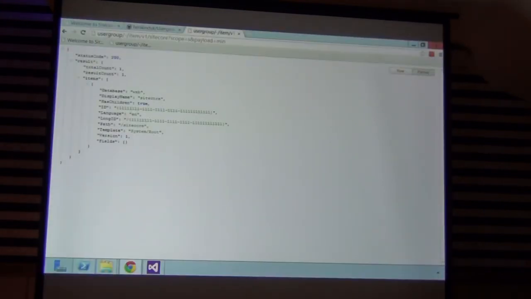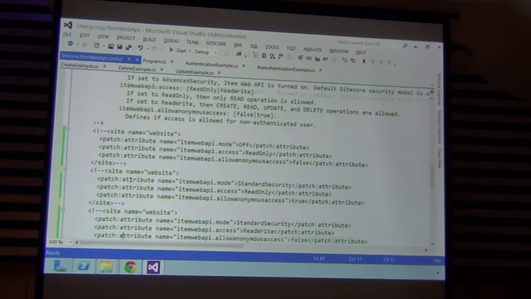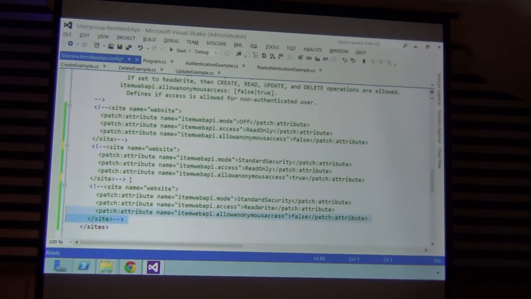And I have created a little demo. I think the browser probably won't suffice for this. So let's just start by changing the requirements for site. We'll do like this. As you can see here, actually, that's a good point. This is in the Item API configuration file, which is in the Sitecore app config include. So we actually just add a couple of parameters on the website, and